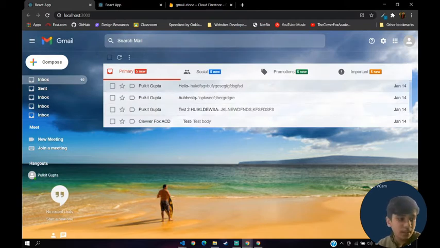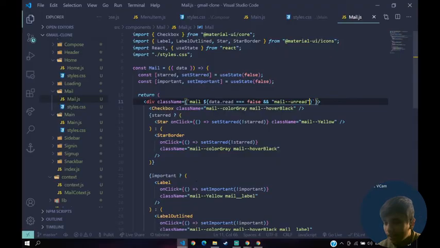The other thing we want to do is basically update the state to false, right? So we'll go back here and create another function.